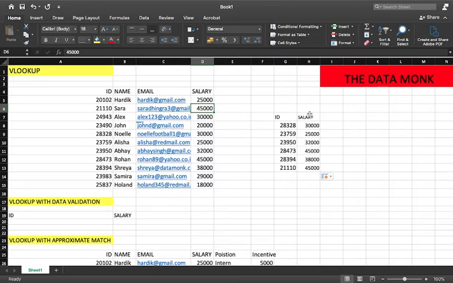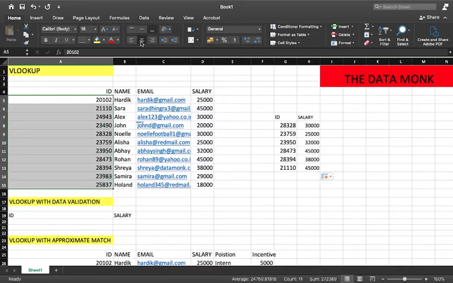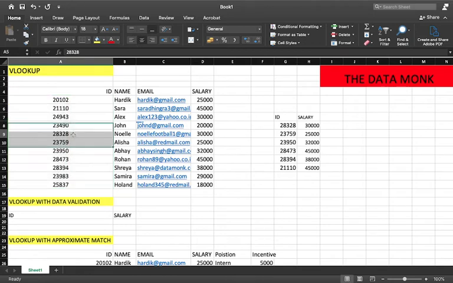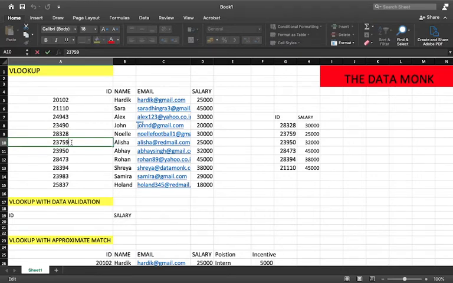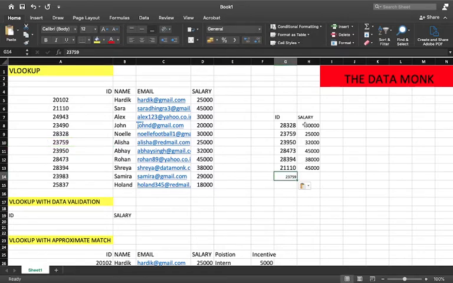Also, there's one more error that you face sometimes, which is the space error. In Excel, you need to be very careful whenever you are entering values. So for example, I have my indexes like this. Now, for example at 23759, say I add a space here. This will give me a problem if I'm fetching a value. If I select this particular thing and try to copy this,